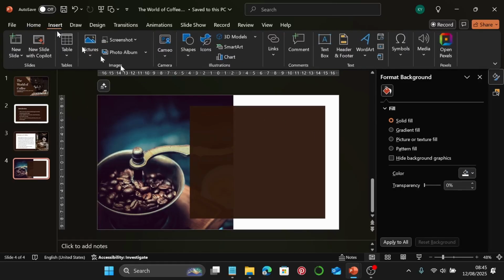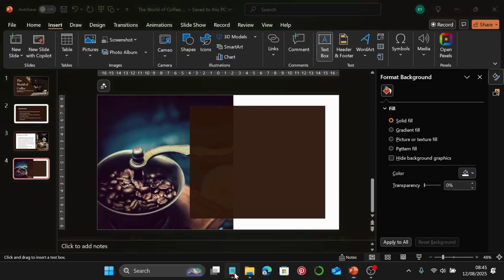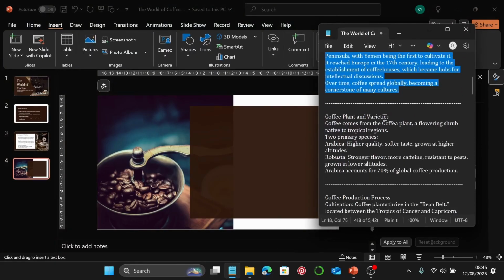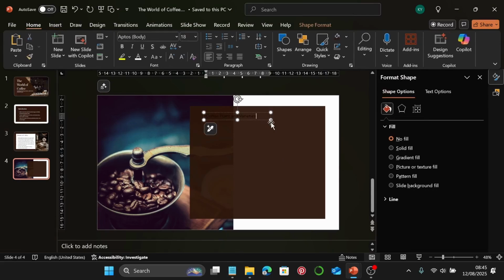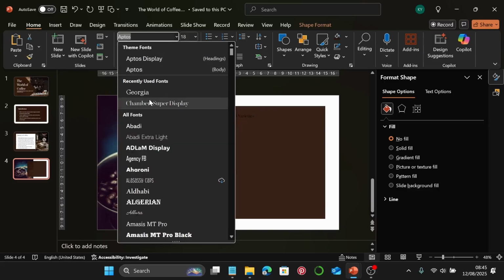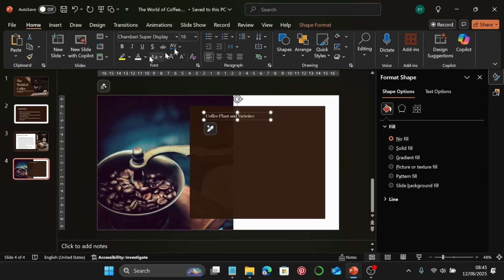So I'm going to go to insert text box, and the next slide is coffee plants and varieties. I'm going to copy that. I'm going to draw a text box, and I'm going to paste. Select the text box, change the font to Jamberry Super Display. Color is going to be white, size is going to be 44. Let me increase the width till I have everything in one line,